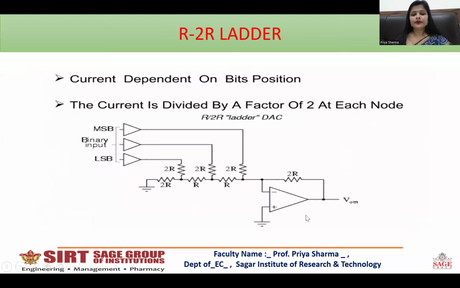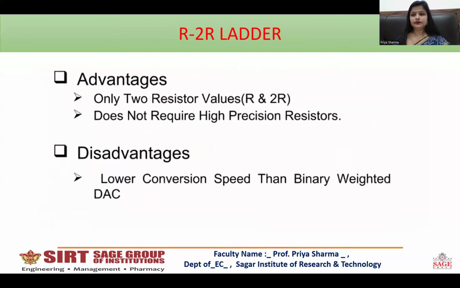This is an easier, solved version of the same circuit diagram, and the current depends on the bit positions, and the current is divided by a factor of 2 at each node. Now the advantages of the R2R ladder: it uses only two resistor values, R and 2R. It does not require high precision resistors. The only disadvantage is that its conversion speed is low as compared to binary weighted